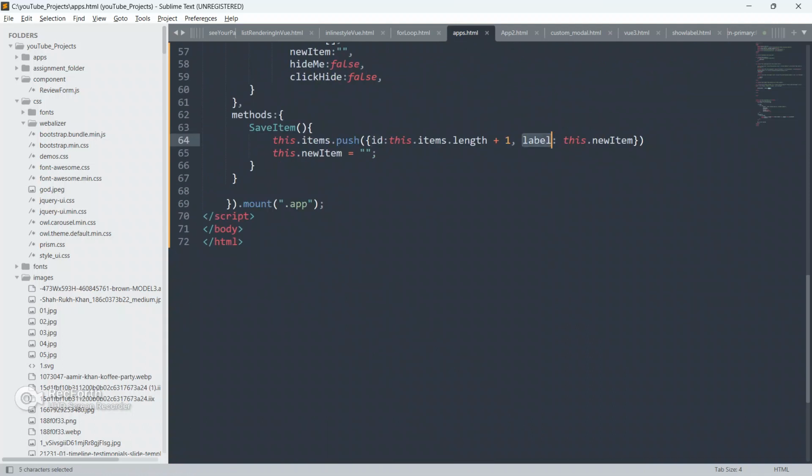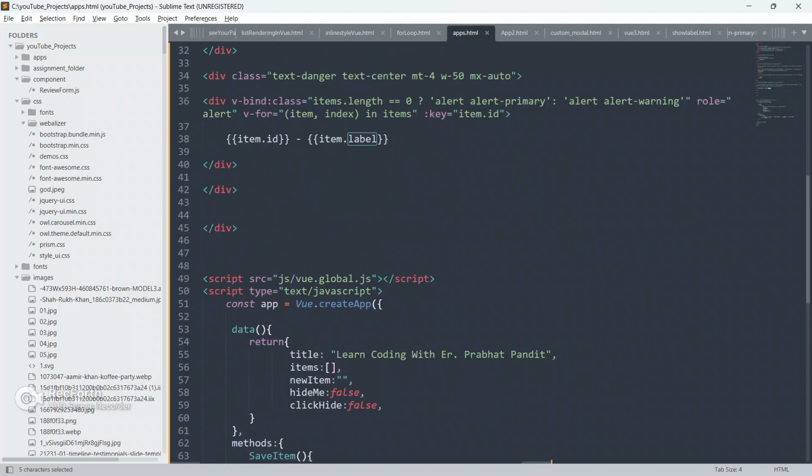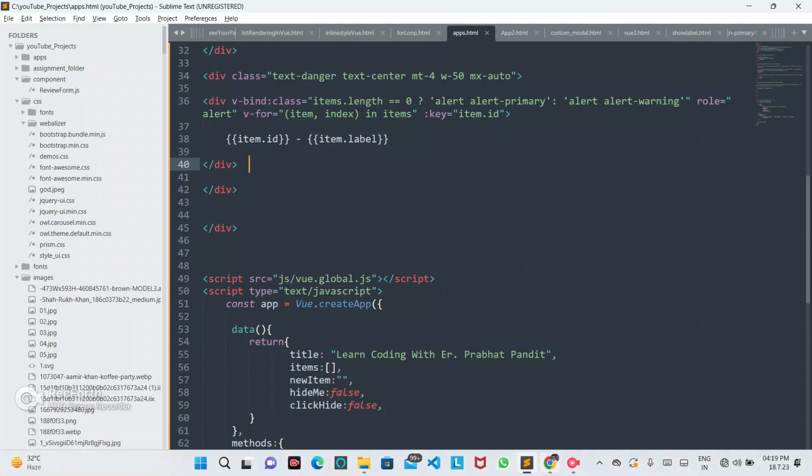I'm talking about this id and this level, guys. The item is this one in the items array, so item dot id and item dot level.